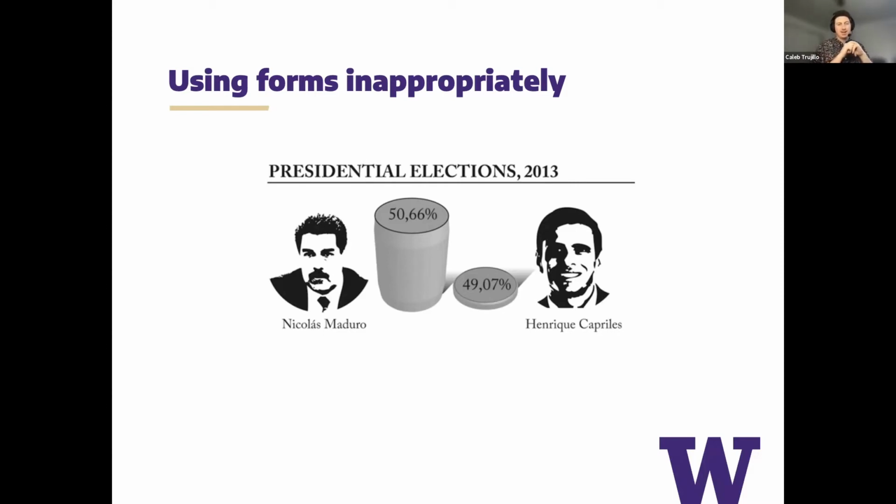Look how much bigger the cylinder is for Maduro compared to his opposition. But if you look at the numbers, it's 50.66% and 49.07%. So the margins are pretty small there. And I love that